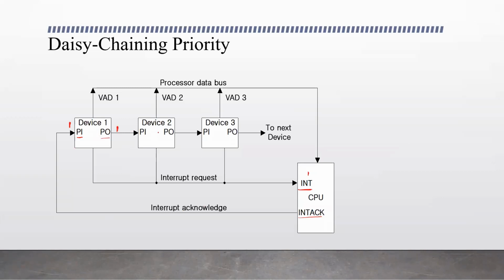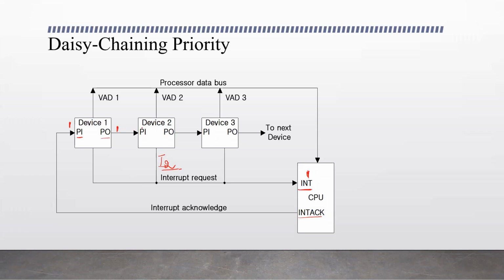Now device 2 receives it. Let's say device 2 has initiated the interrupt, so interrupt 2 is enabled now. But the CPU doesn't know which particular device has initiated it. The CPU just gets indicated by this interrupt signal that one of the devices connected to it has initiated an interrupt request. The CPU's job is to check and identify the device to serve. So here, let's say it is initiated by device 2.